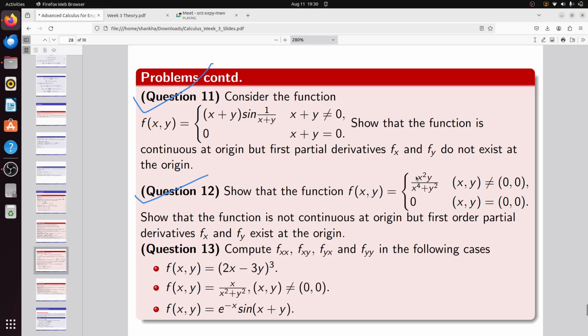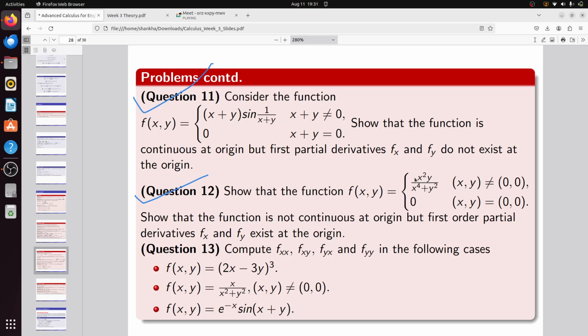Lisa, can you tell why it is not continuous? Sir, if we take the limit along y equal to mx square, then we can easily show that for different values of m... Yes, very nice. So y equal to mx square, if you follow this parabolic path, for different m you will have different values of the limit. So this function is not continuous. It will not be equal to 0. So that depends upon the m. So this function is continuous, but do the partial derivatives fx and fy exist? This is my question. Can you say whether fx fy exist or not?